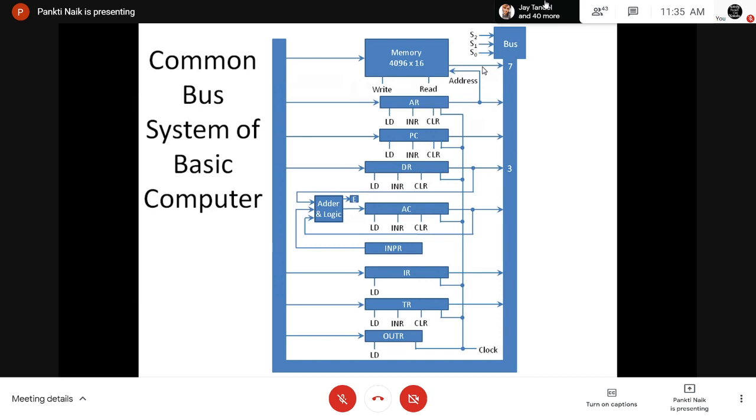So this number is assigned to the memory, right? So the output of the memory will pass onto the bus like this, right? Then for the ER register the value is 1, for PC the value is 2, for AC 4, IR 6, like this, right? So the 16 lines of the common bus receive information from different registers and the memory unit.